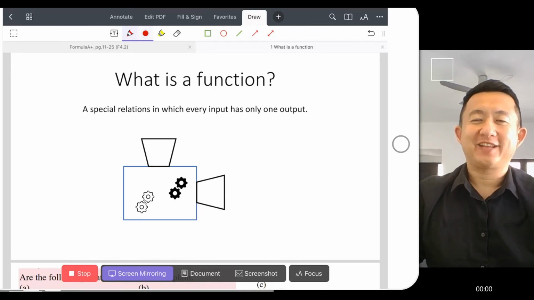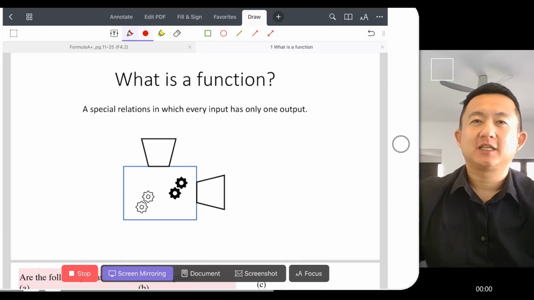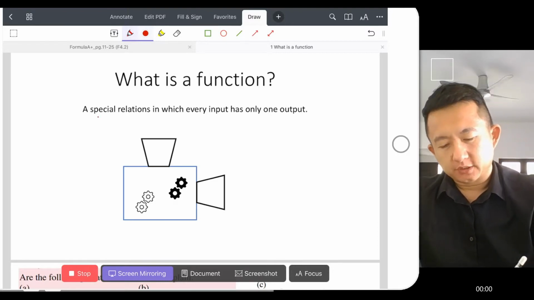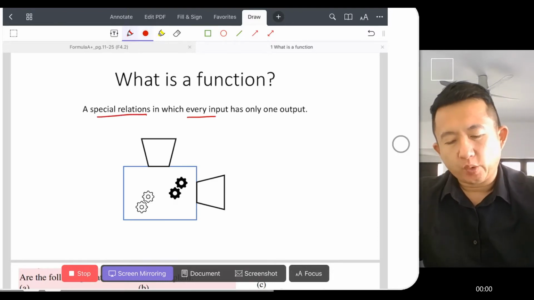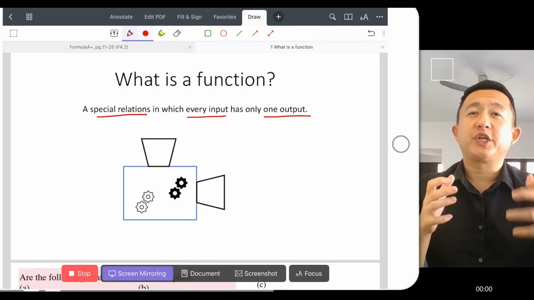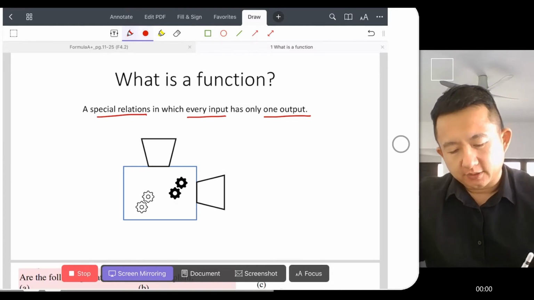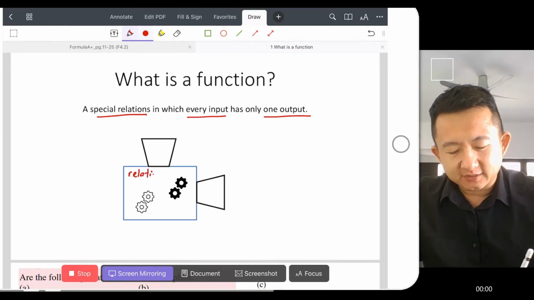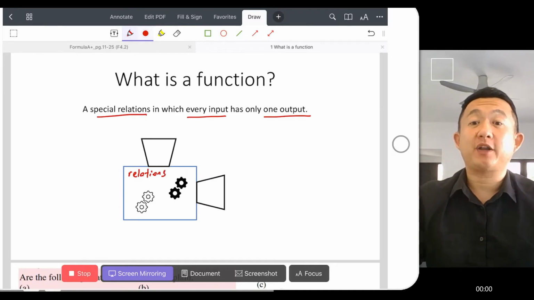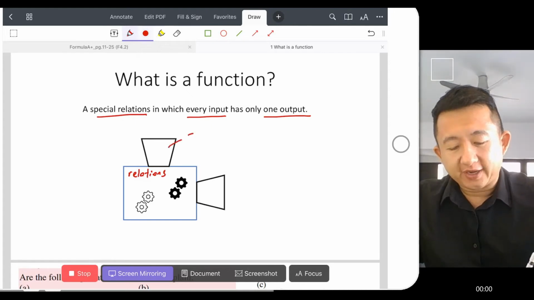Now, what is a function? A function is defined as a special relation in which every input has only one output. Special relations: every input has only one output. Try to visualize functions like the process of a machine. In this case, this is the part of the relations. This is the part of an input